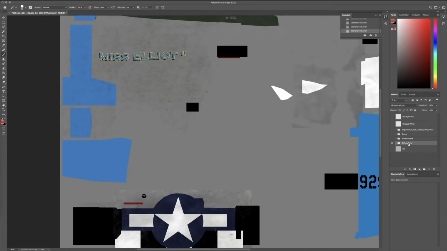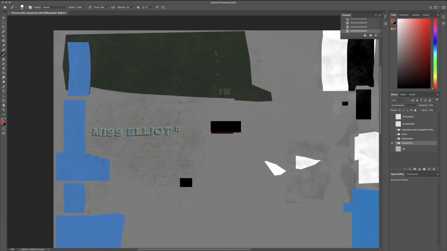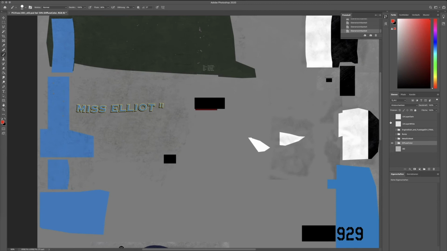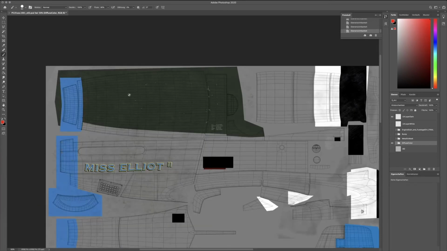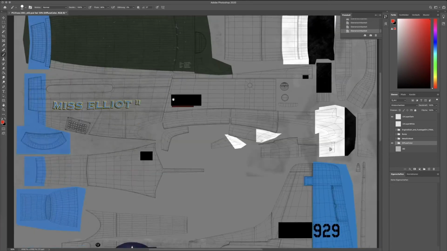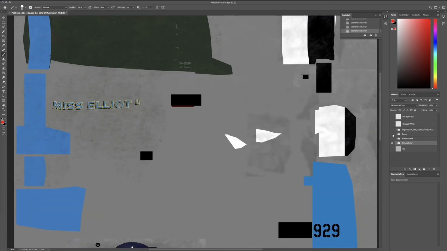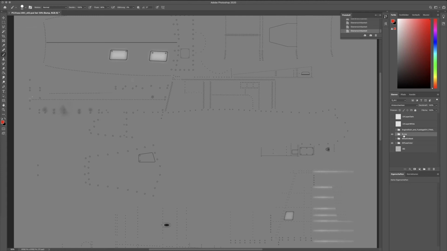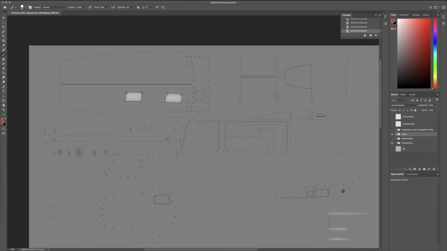So I usually find it much more straightforward to work on these kinds of objects in Photoshop, because basically I can see my whole UV layout. I actually have some good orientation in here, what's what. I find it way faster. For example, if I take a look at the bump, of course that's pretty easy with projection paint in